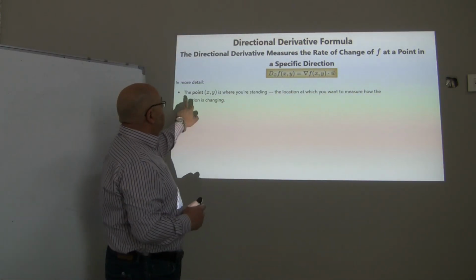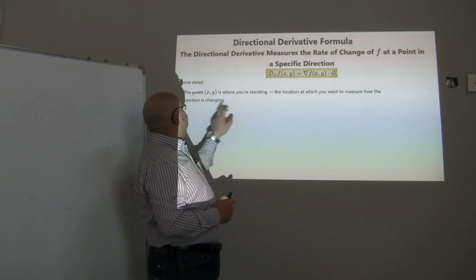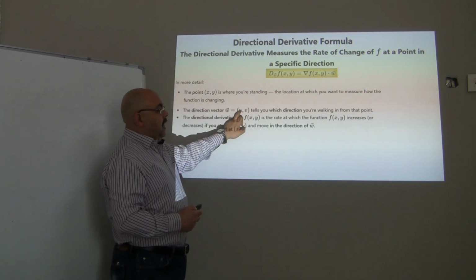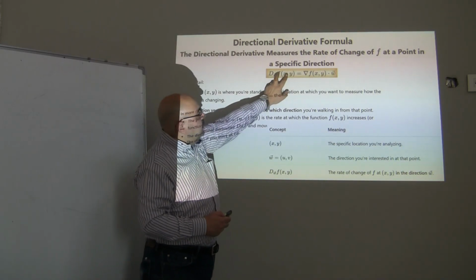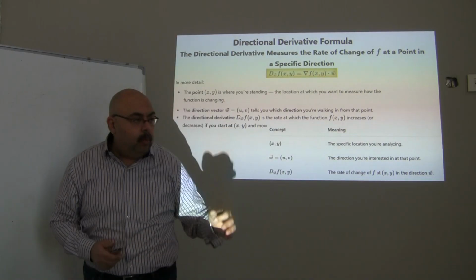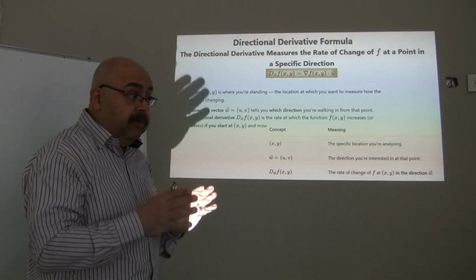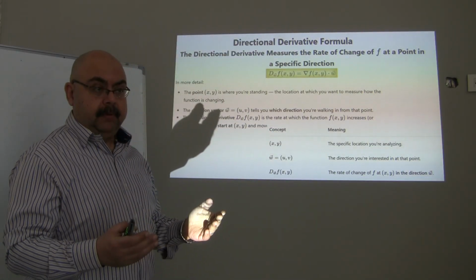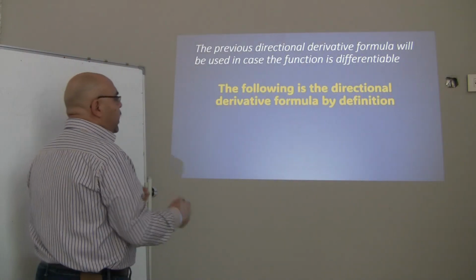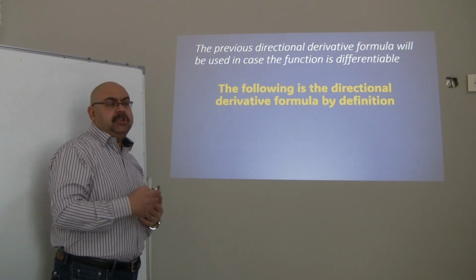Once more, that point x naught is where you are standing. The direction in which you want to measure how the function is changing is w, which is (u, v). All I have to do is just get the gradient and multiply. And that's the detailed definition of each one of them. I sent you these definitions, all of them actually, on our group, so you will have no problem going through this once more. Ideally, I don't want to waste your time talking about the definition or describing it